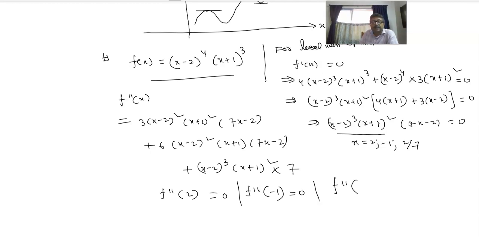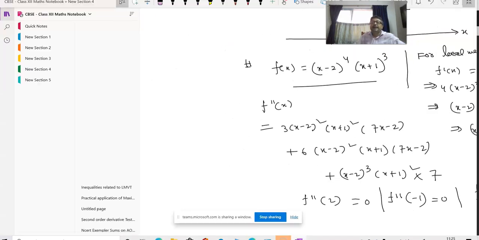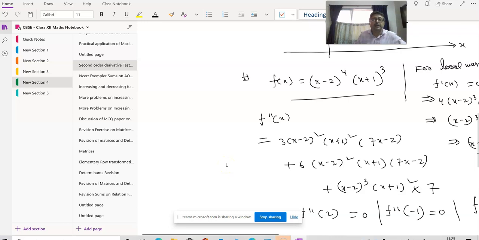See, this is the advantage. If f double dash 2 by 7 we do, then only the sign differs. Let's see what happens. If f double dash 2 by 7 we put, the first and second factor are going to be equal to 0, and this thing is going to be a negative quantity. 2 by 7 minus 2 whole cube is a negative quantity. This is positive, positive. So this thing is a negative quantity. So the function has maximum value at x equal to 2 by 7, and you put x equal to 2 by 7 in the given function, then you'll be getting a maximum value over there.